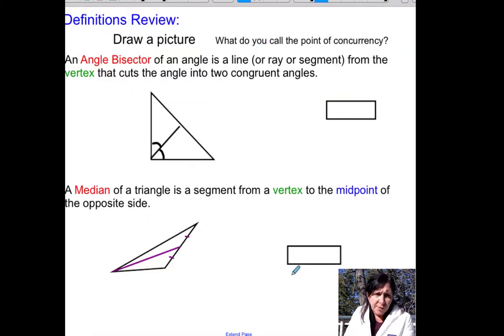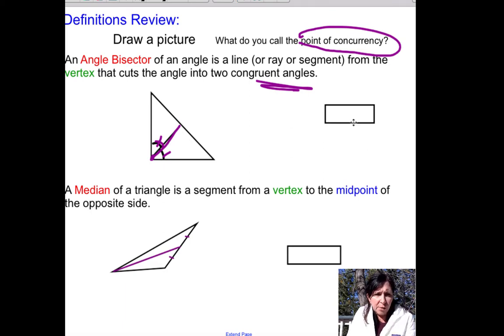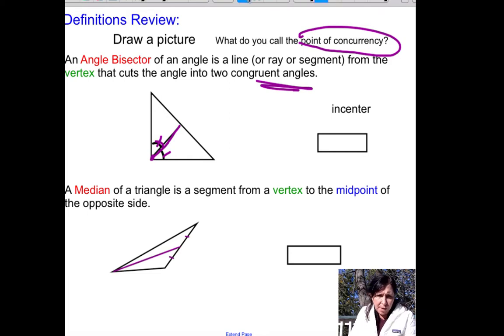For this one, this is definitions review. We did this the last day we had class. The points of concurrency is what they're asking me what it is. You have an angle bisector. An angle bisector starts at the vertex and connects to a side. It divides that angle into 2 congruent parts, or 2 congruent angles, and 3 angle bisectors make what's called an incenter, and if you have that, you can inscribe a circle within. 3 medians. A median of a triangle is a segment that goes to the midpoint of the opposite